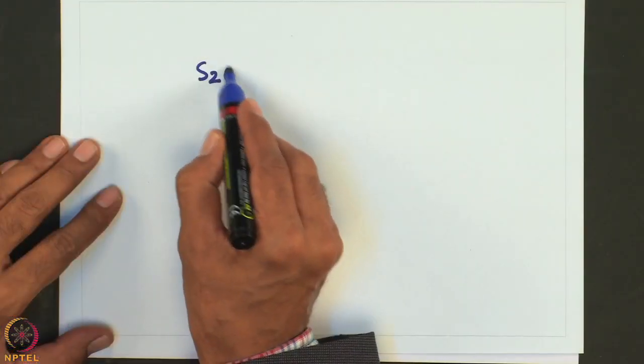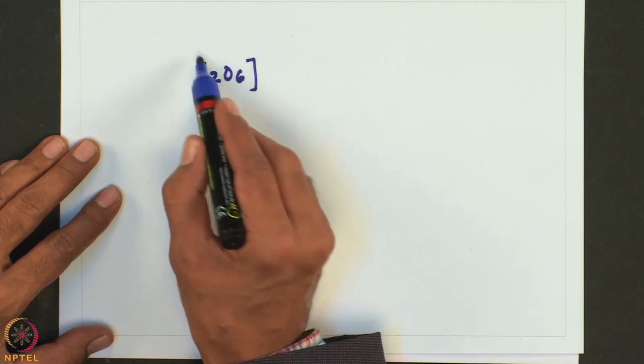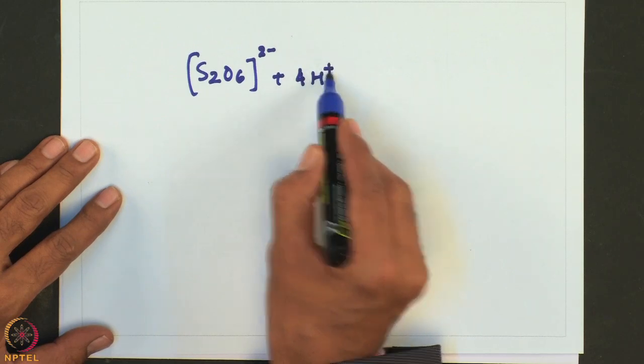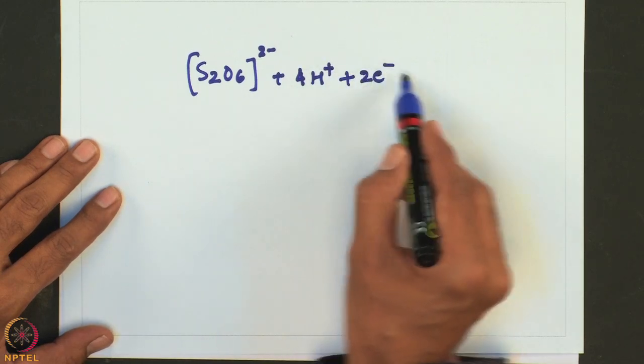Of course, a lot of salts containing disulfite are known. Such salts can be isolated as crystalline solids, which show the presence of a long SS bond. The anion possesses a staggered conformation in the solid state. The dithionate ion can be prepared by controlled oxidation of SO3 2 minus. So, that is S2O6 2 minus plus 4H plus 2 electrons will give